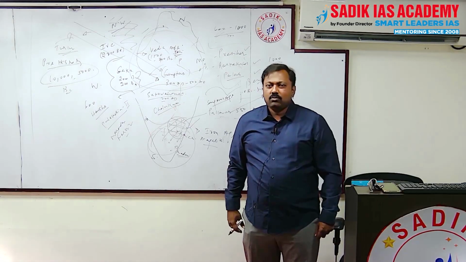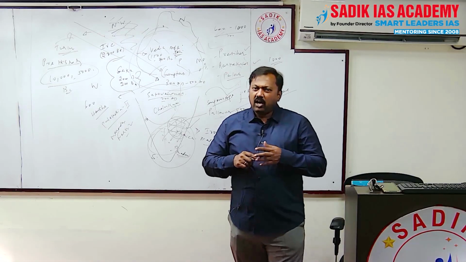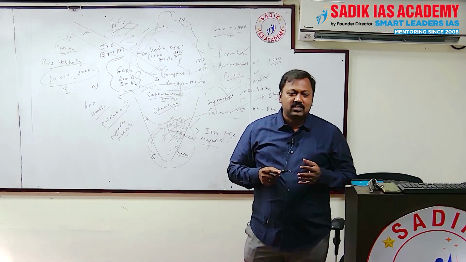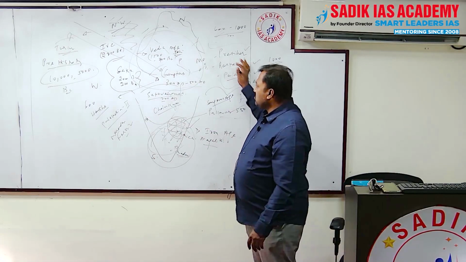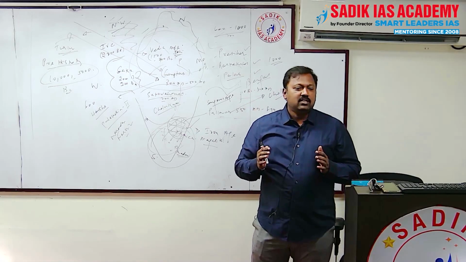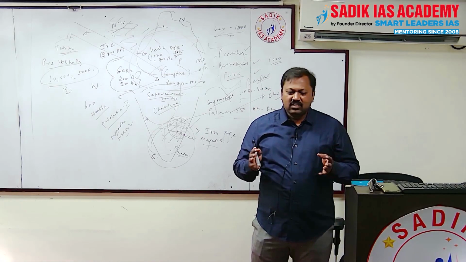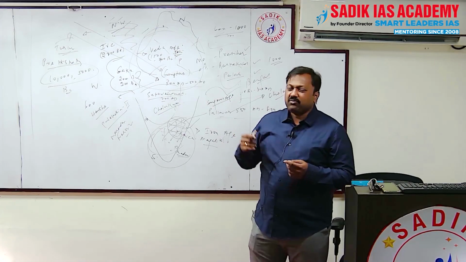Later, we will not go to that topic, but they established a dynasty in North India. After 1000, which is around the 1200s, they established a dynasty called the Delhi Sultanate, wiping out all the small dynasties. They consolidated the political power in North India. In medieval India, they established the Delhi Sultanate. Right? We will not go deep into these topics right now, but let us begin from where we have begun.